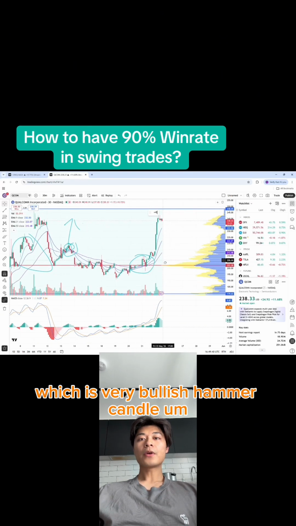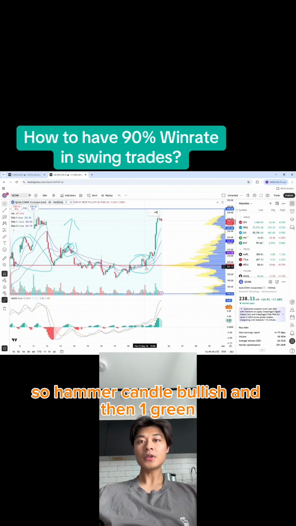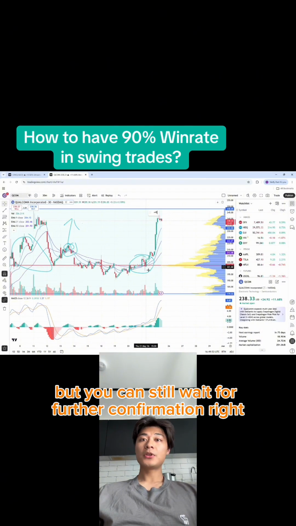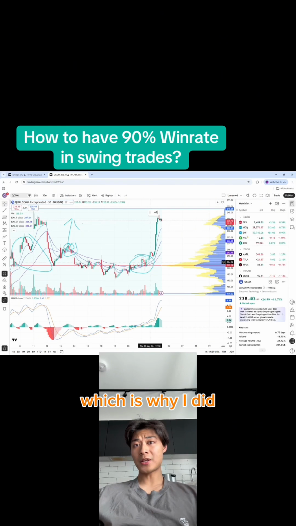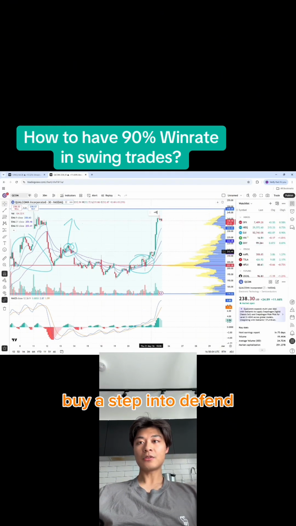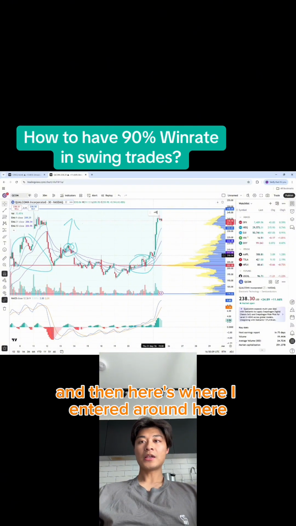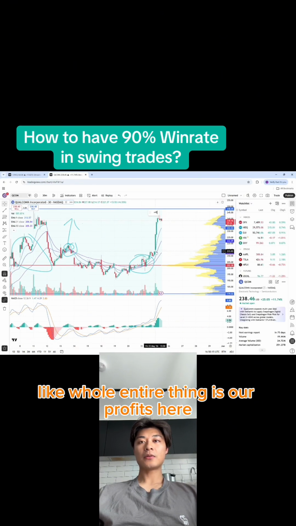Because you see this long wick here, it means buyers stepped in to defend this level. So hammer candle bullish, and then 1 green, 2 green, 3 green candles. Here's your confirmation. But you can still wait for further confirmation, which is what I did. It went up here and then dropped down a little bit, buyers stepped in to defend, and then you wait for 2 green candles, and here's where I entered, around here, and you see it went all the way up